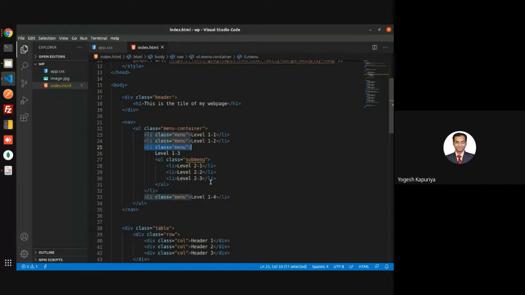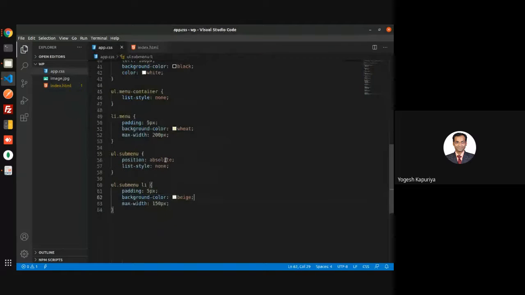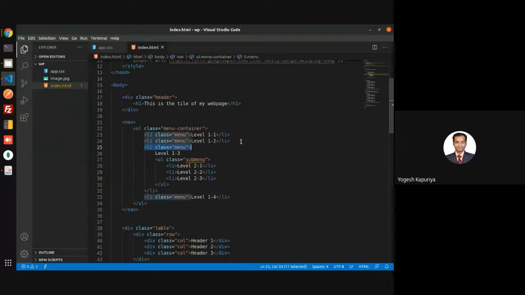Now again, you don't want to do something like this, so you will add some class: submenu container.